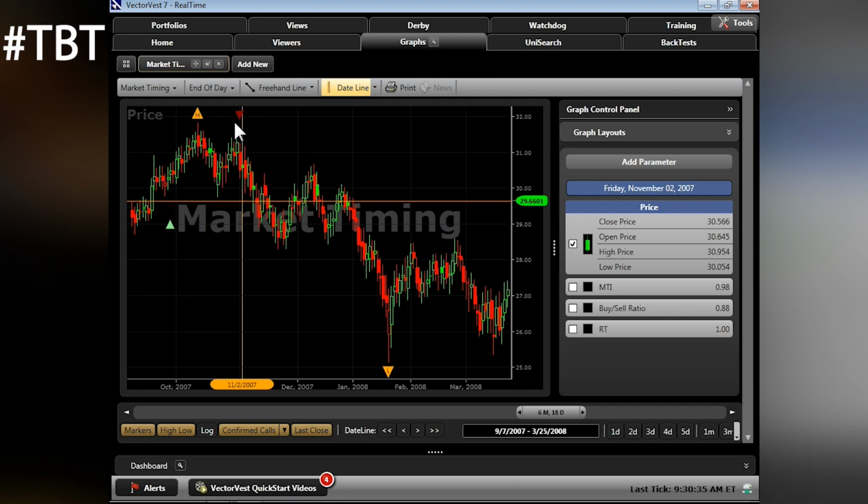One of the slides in your books makes a comment on that, and it's right after the market direction slide. It says the VectorVest market timing graph clearly shows when the market is rising, falling, or transitioning, and gives explicit confirmed up and confirmed down signals. This is one of the confirmed downs. Now, I really like that call,